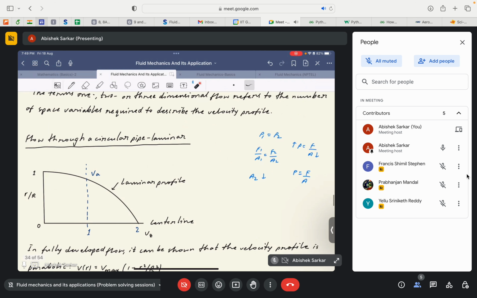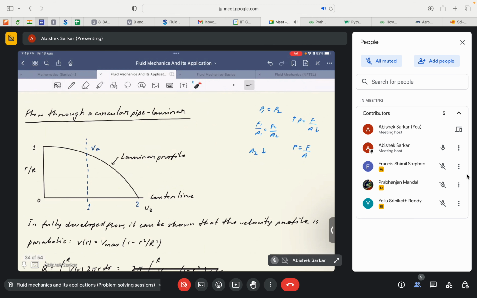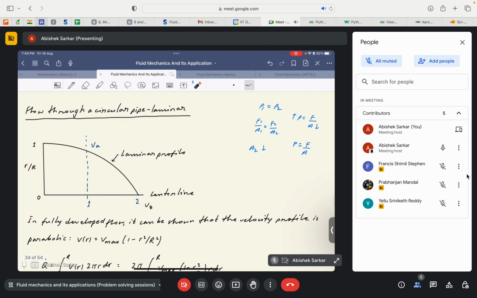Okay then. Now we will be dealing with some simple cases, I must say. So here we are dealing with flow through a circular pipe that is laminar, basically laminar flow through a circular pipe. Here I must say the domain is defined, the geometry is defined. It is a circular pipe, so this would be our geometry, and say this is the direction of the flow,